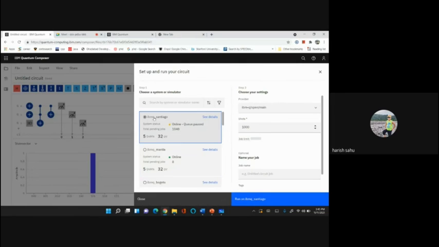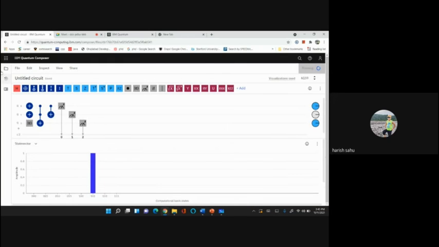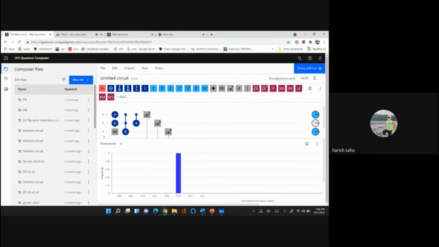Let me run it on this Santiago instead. I just submit it, and once you select the device and click the run button, then what will happen?